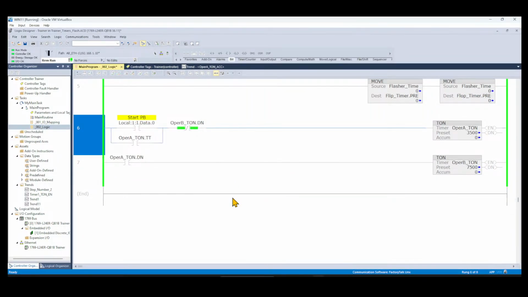So now what will happen is the operator can let go and the timer keeps